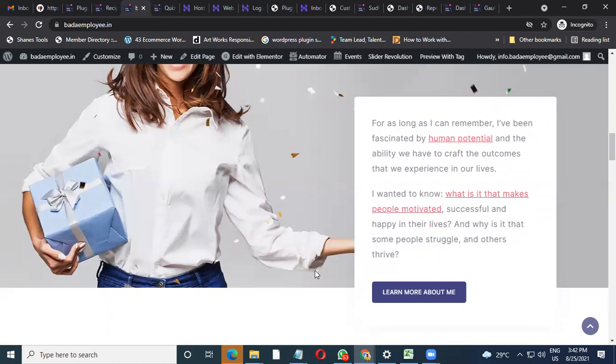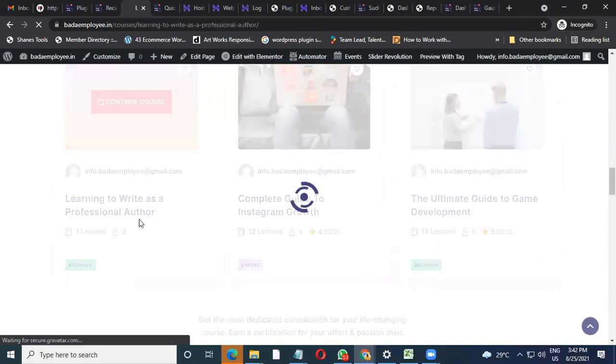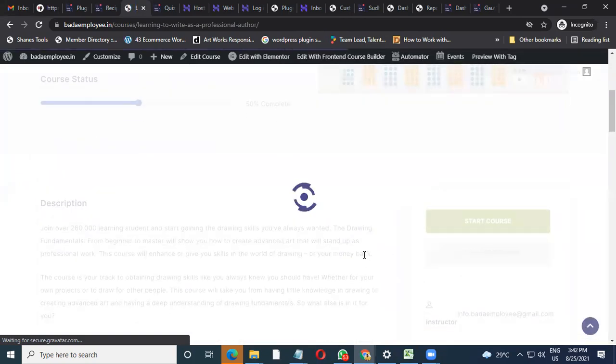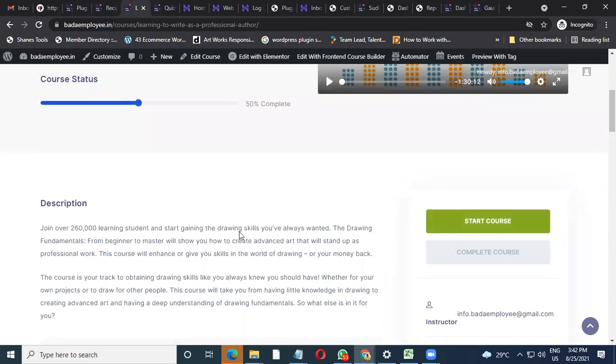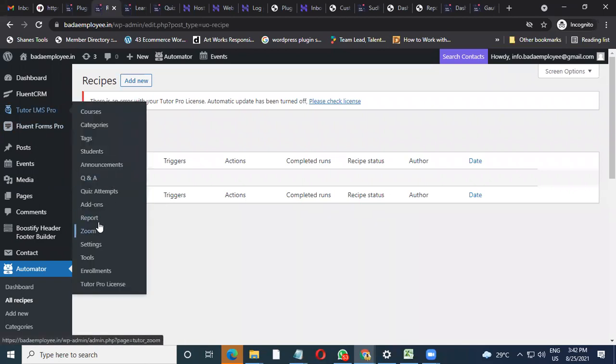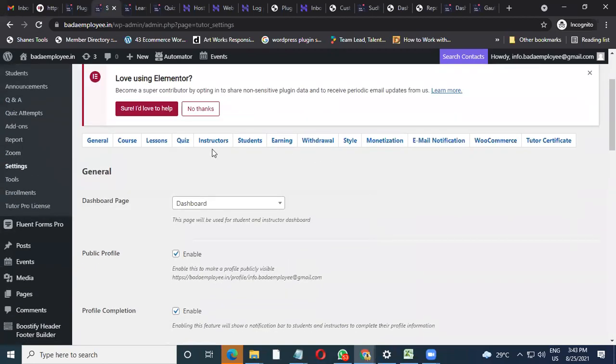We will work on the integration for the whole automation so that the student journey can be defined. Here also we can define the student journey. So say for example, someone is clicking on this and buying a course. Last night only we did it with Sahil's website. If someone buys a course, we are stopping email automation from Tutor, because Tutor has a very rigid way of sending email. I'll show you also. The email part is not that well versed with Tutor LMS Pro. They ask us to create different templates on a particular hosting part and then do so.